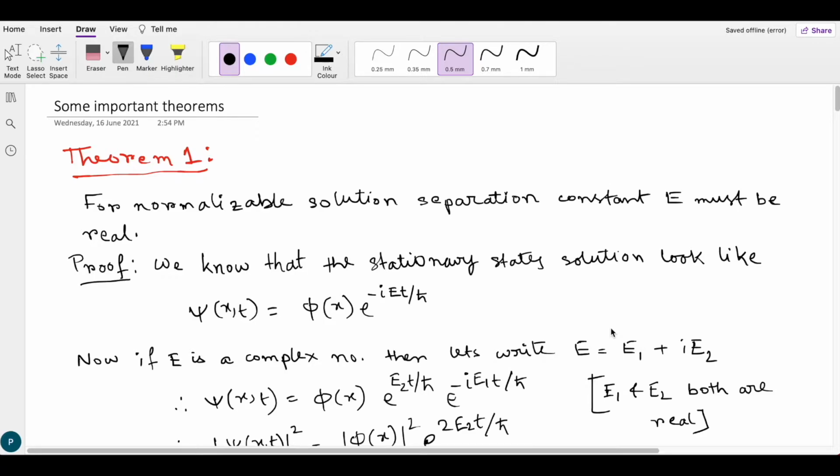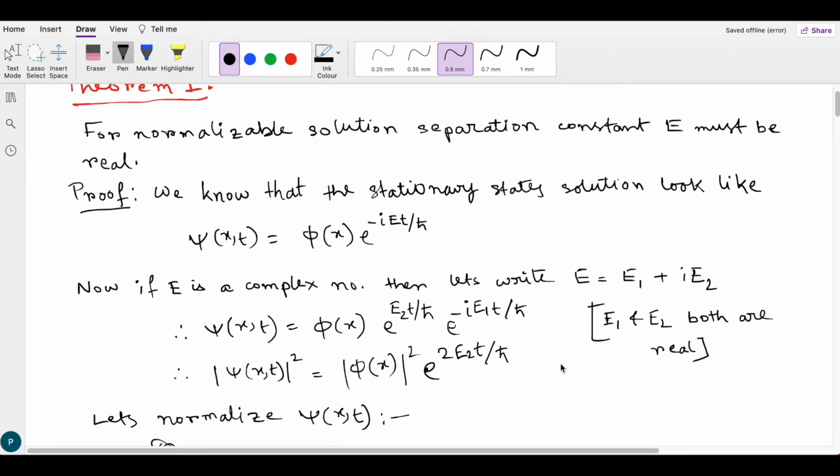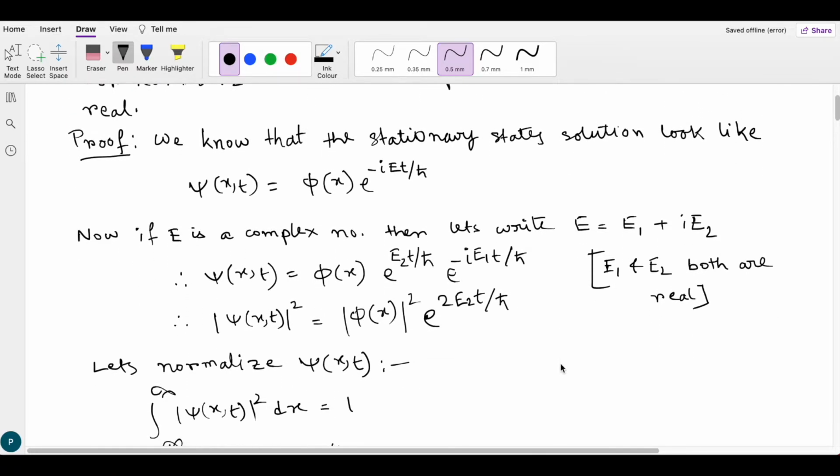What is E? E is the constant we use to separate the time part and space part of the Schrodinger equation, and we come up with the time independent Schrodinger equation. So let's prove that theorem. We know that the stationary states solution looks like psi equals phi(x) e to the power minus iEt